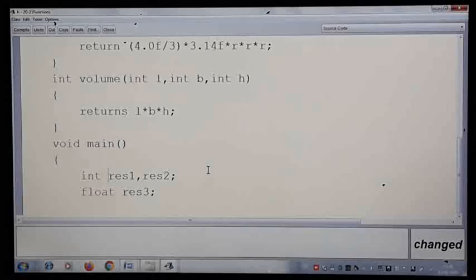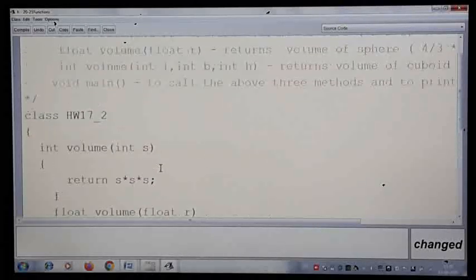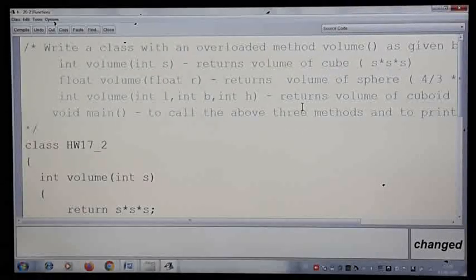cube, CB for cube, and for cuboid I'll write CBD, and the next one is sphere, which I'll make SP or sphere, so that you can avoid the confusion. Result 1, result 2, no need to confuse yourself about what result 1 is for and what result 2 is for.